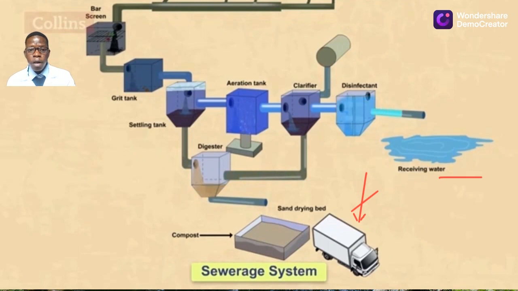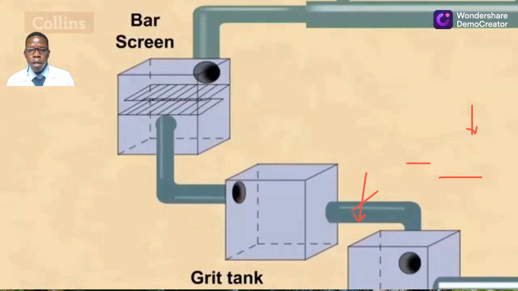So we are going to see the different processes through which the water you have used after flushing the toilet goes, until it reaches the extent of being allowed again to flow into the streams like the rivers, such that at one time it can be collected and reused. So the stages include the following. We have several stages, and one of them is the